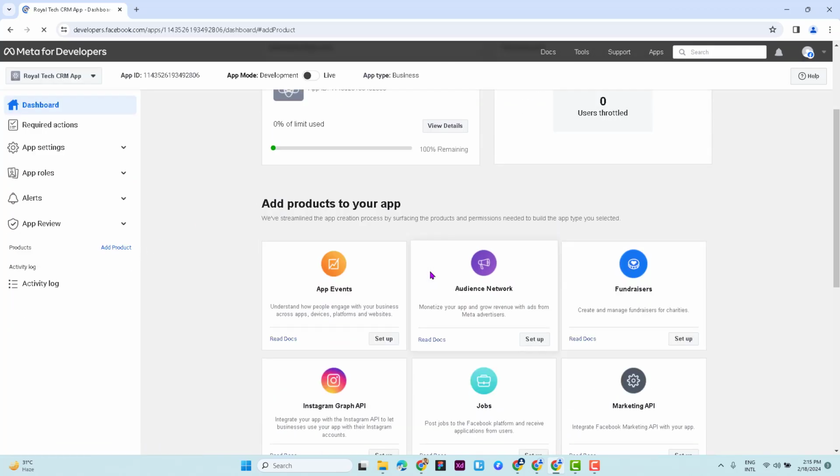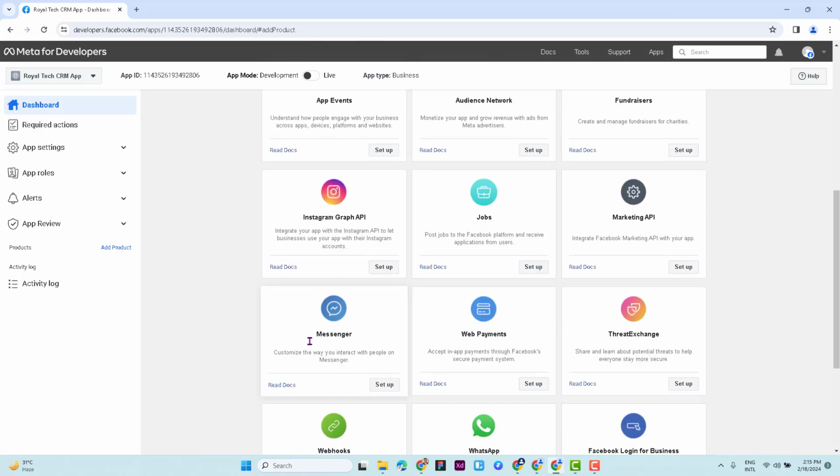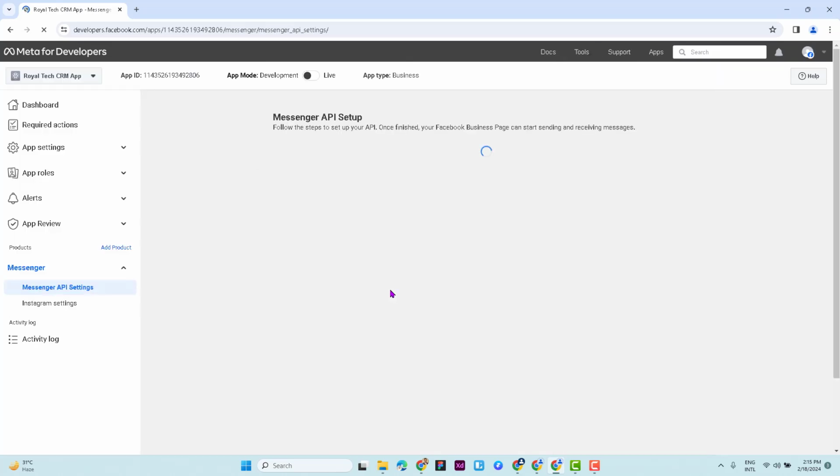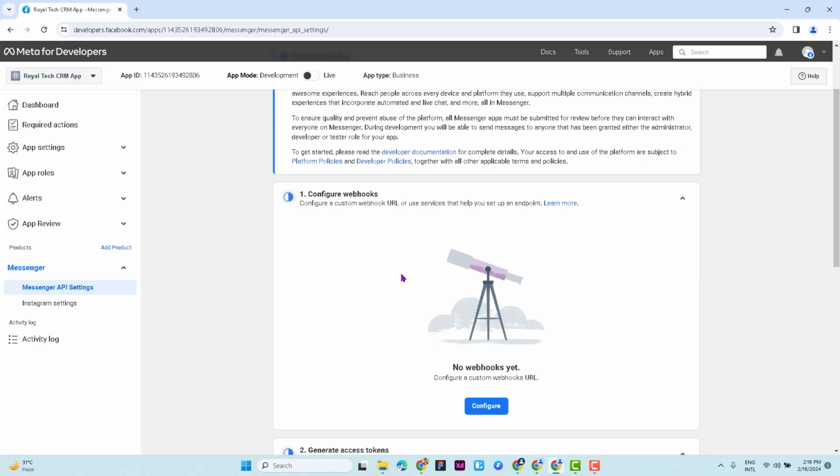I'll scroll down under add product to your app and look for Messenger. So you can see the Messenger here. I could do setup. As you can see now, I've created the app and I now have the Messenger API waiting to be